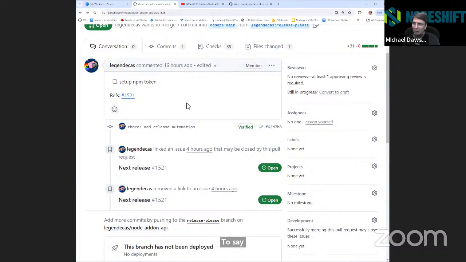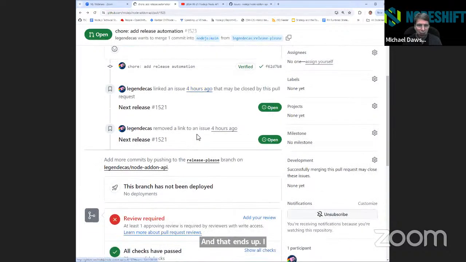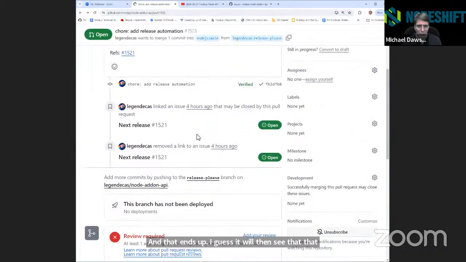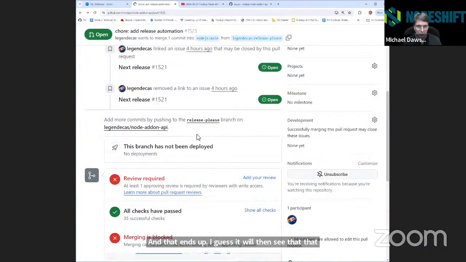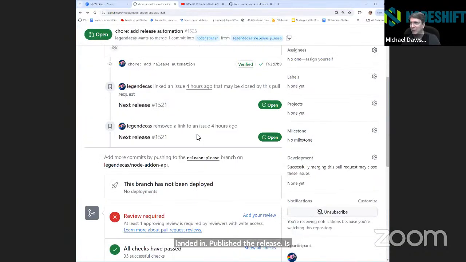It's now a semver major, semver minor, whatever. And then at some point we decide, yeah, actually we want to make a release, and I think we land that PR. And I guess it will then see that landed and publish the release.